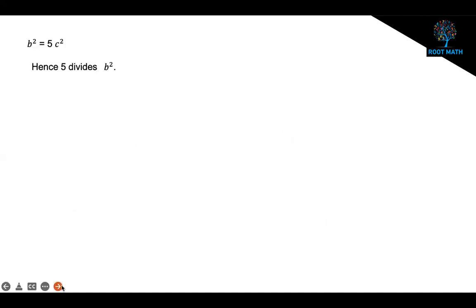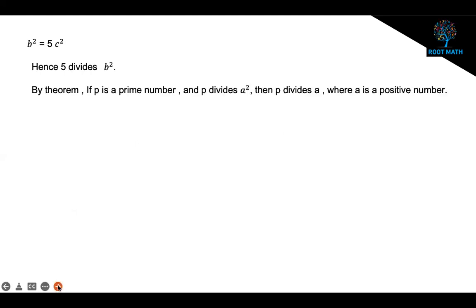Prime number 5 divides b squared. When prime number 5 divides b squared, according to the theorem, 5 divides b also. Already we have proved that 5 divides a. And here it is coming that 5 divides b, which means that 5 is a common factor for both a and